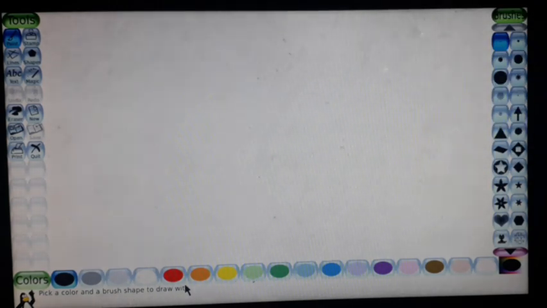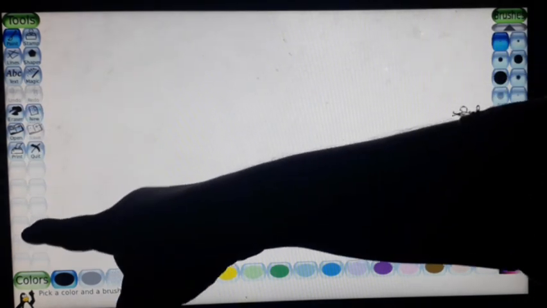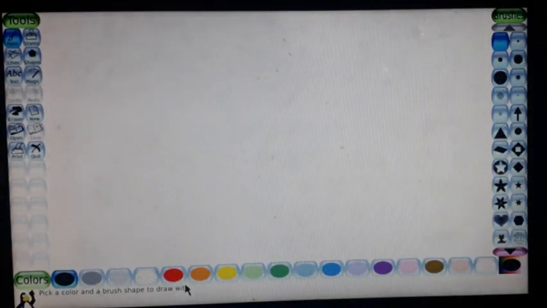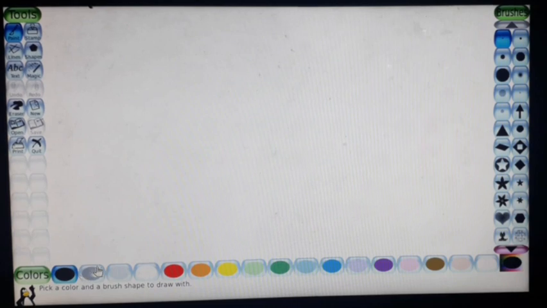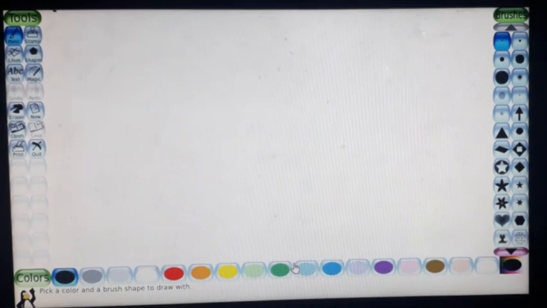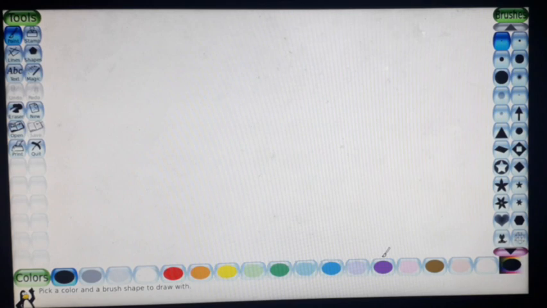Look here. The left side of the screen is called tools. Then this is the color palette. Here are so many colors. We can choose colors as we like.